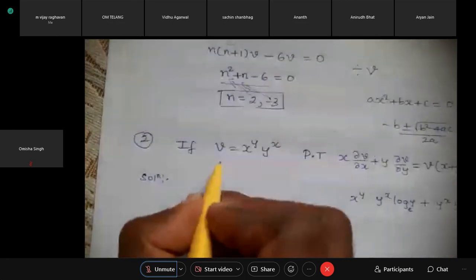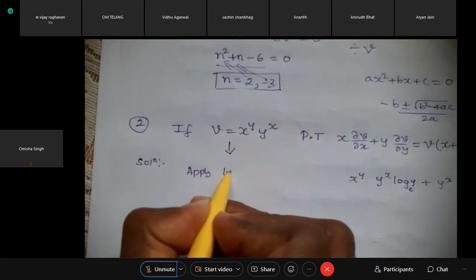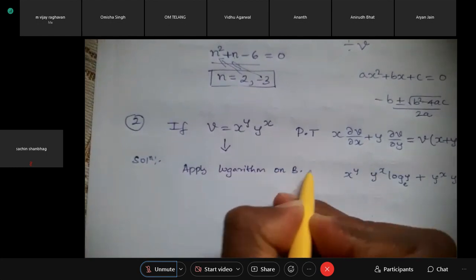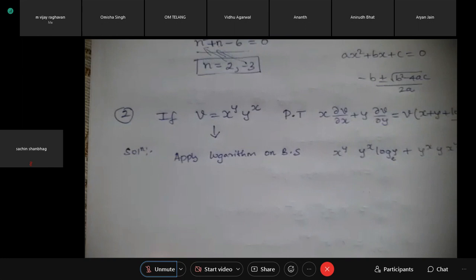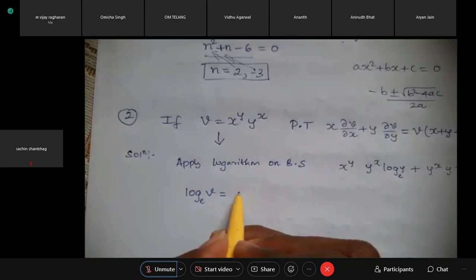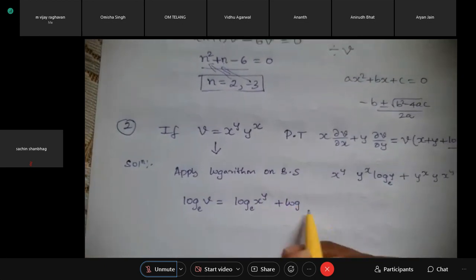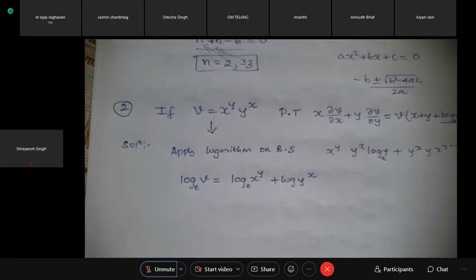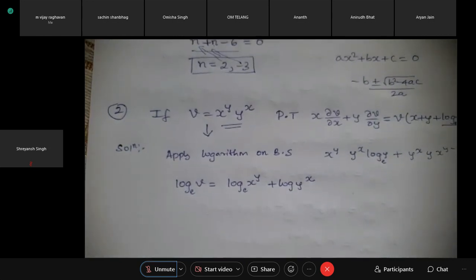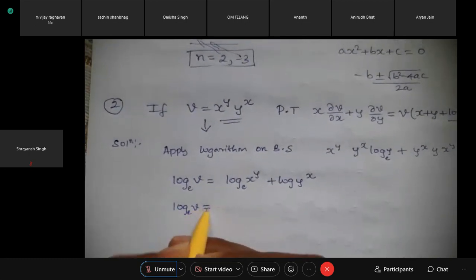But what I will do is I will just apply, we have to use log on both sides. Yeah, that's what I'm trying now. I'm applying logarithm on both sides. When I apply logarithm on both sides, what happens to this term? Can I write it as log x power y plus log y to the power x? Is it permitted here to take log of ab can be written as log a plus log b? Yes, sir.